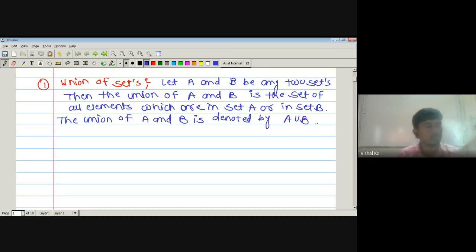So suppose we have two sets A and B, then the union of these two sets is again a set, and it consists of all those elements which belong to set A or set B. There is no condition that each element belongs to both A and B. If it is an element of A and not of B, then it is present in the union. Similarly, if it is an element of B but not of A, then again it is present in A union B. And if it is present in both A and B, then also it is present in A union B. Therefore, the union of two sets A and B is the collection of all the elements which belong to A or B.